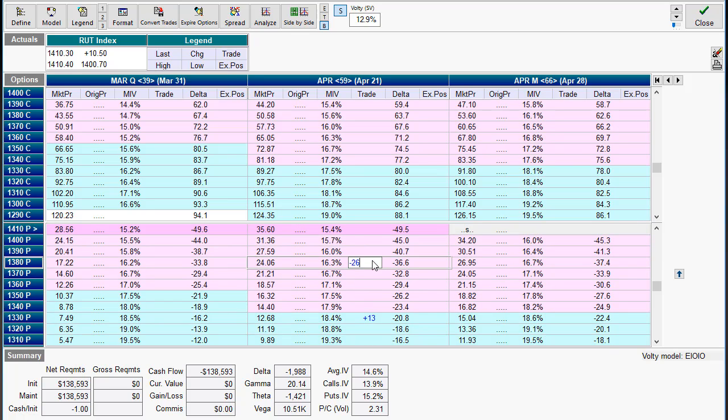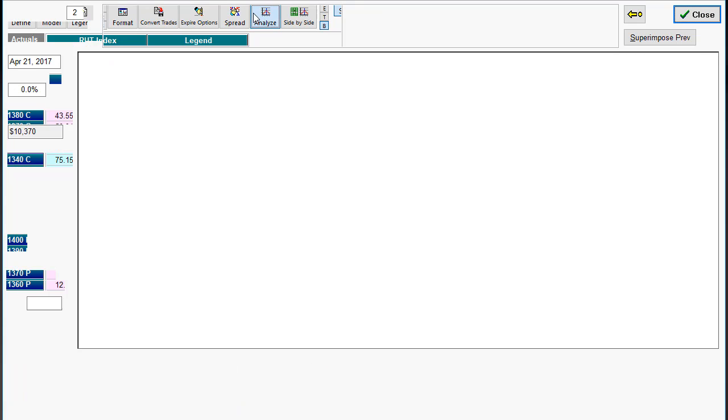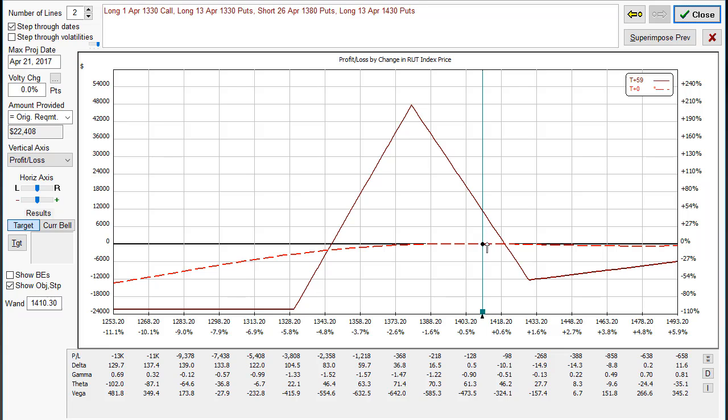Oops, that needs to be minus 26. Yeah, so that's perfect. So I do not mind starting these out just a tad negative on the delta, and that's what they look like. All right. And what you'll learn through some of the trades and through testing and through some of the examples,